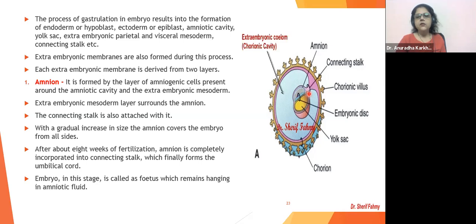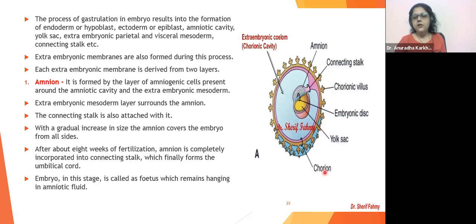Just see this particular point of attachment. If you can see, on the connecting link they have made a ring, that black color ring, and they are saying this entire thing is going to be the connecting stalk through which now the amnion is going to pass. Can you see this amnion is passing over here? It will ultimately make up the umbilical cord.